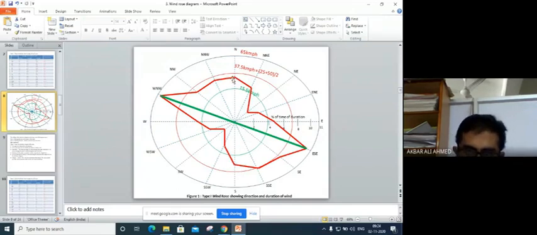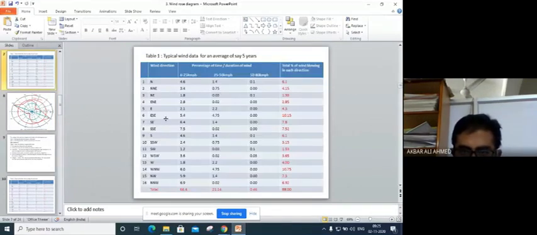For each direction, you have to see separately, you have to compare separately. For example, north-south you are getting one value, then southwest you are getting one value, then east-west you are getting one value, then southeast to northwest you are getting one value. So all different values you get, and out of all the values, you will see which one you are getting the maximum. So you see in this table, which one is maximum.